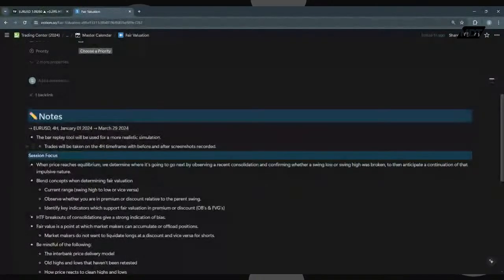The bar replay tool will be used just for a more realistic simulation, as opposed to how I've been backtesting in the past, where I've just had the charts open and I'm just observing essentially what the focus of the session is. And trades will finally be taken on the 4-hour time frame, with before and after screenshots recorded. So yeah, I'm now able to start